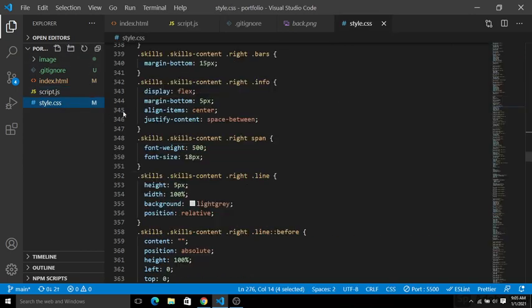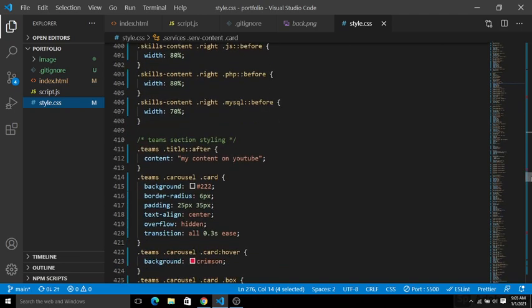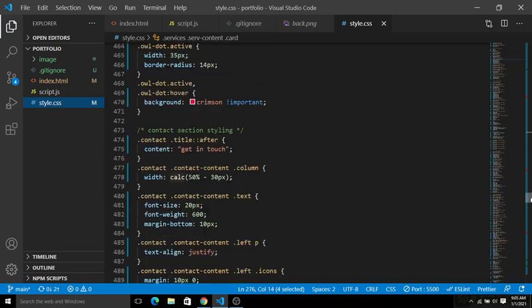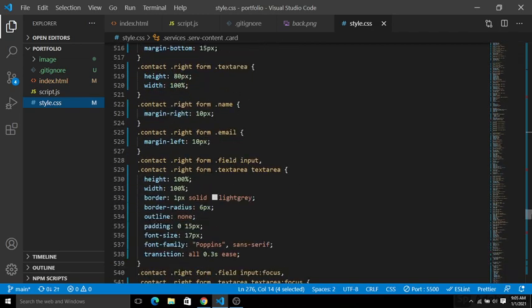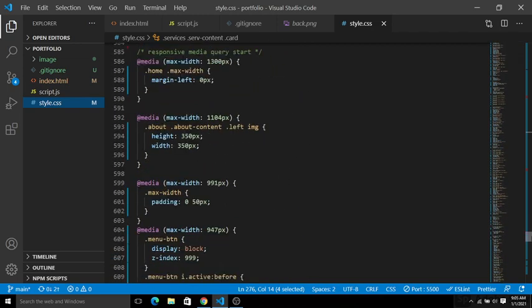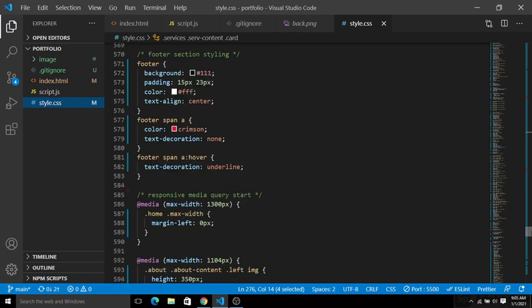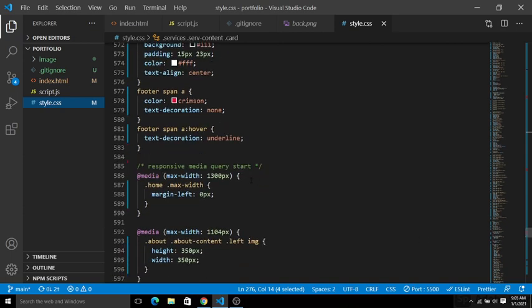Inside the style.css we have these media queries to take care of each and everything here. So we have these media queries. You can see here the media queries. If the maximum width is 1300 pixels, which is for the desktop, you can see here we have this home class for the maximum width.